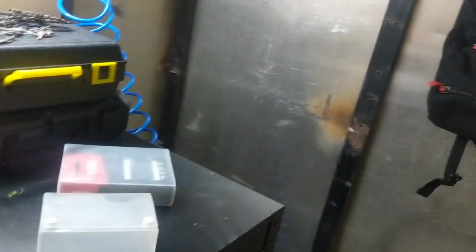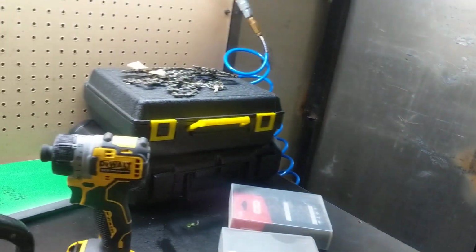But eventually, plan on cutting some of this stuff out, like this junk bench I've got over here. And then what I'd like to do is get a second one of these Harbor Freight benches, because I can fit two end to end here, have it all set up to where I've got the benches along the wall, the saws along the back,